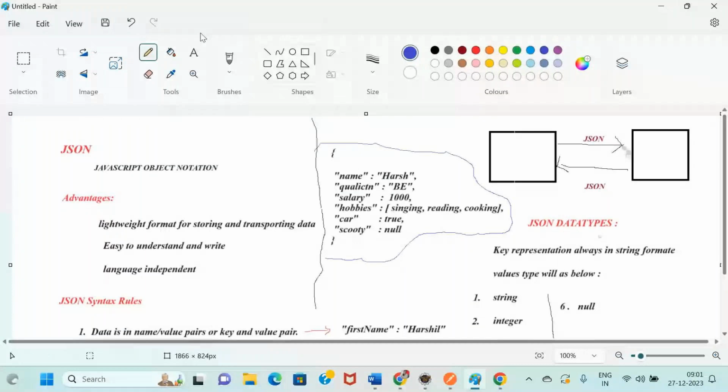Yes, it should be a string inside. String format of representation.